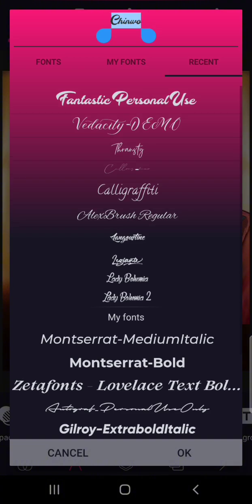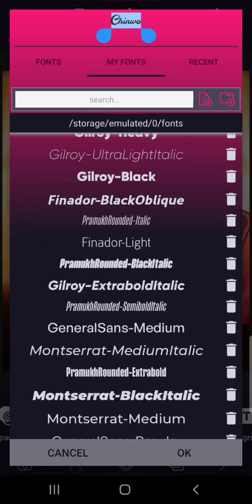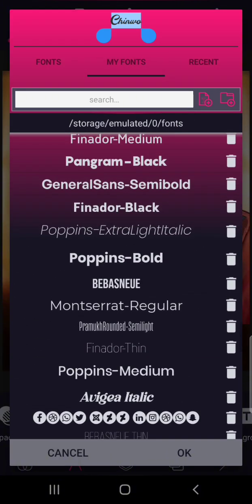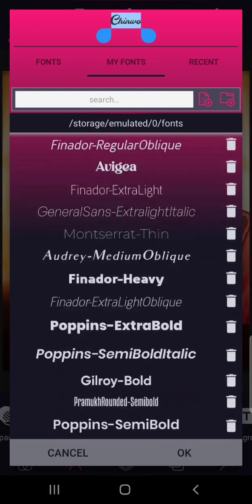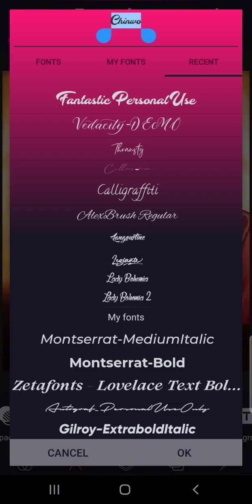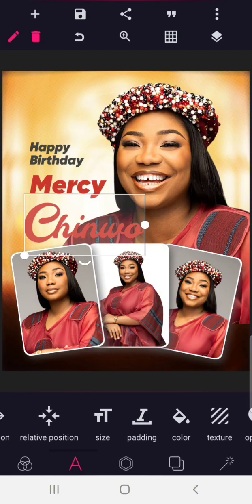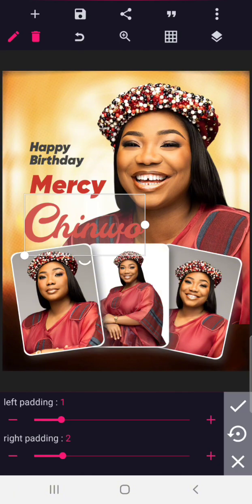That's the name of the font actually. You can just look for the name Fantastic Personal. If you don't know how to install font, you can actually watch the videos I did for font